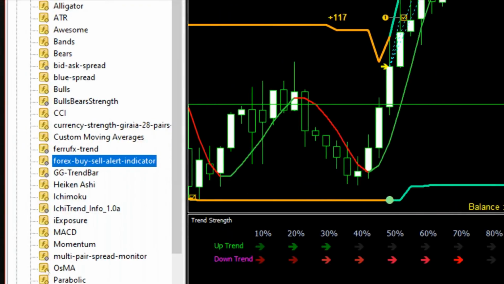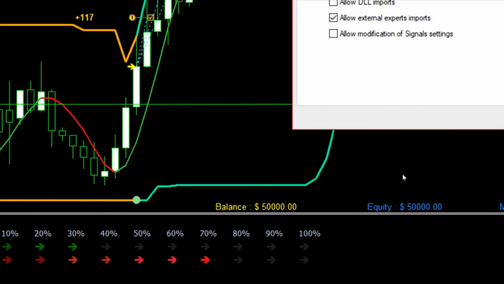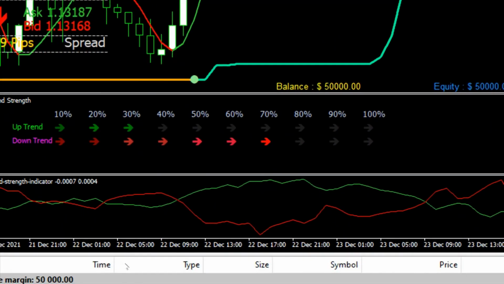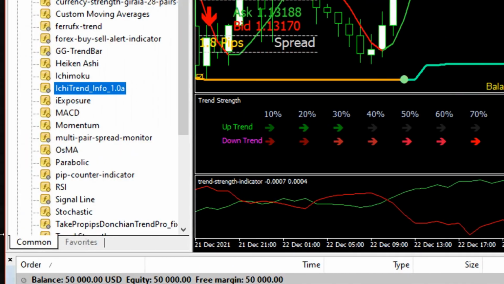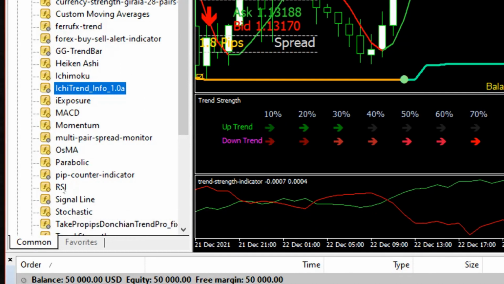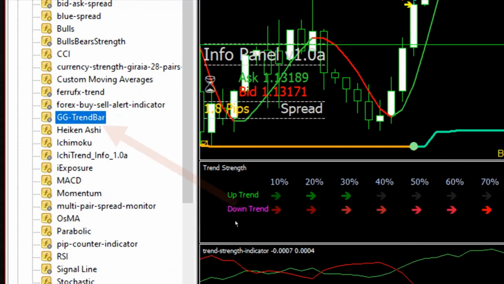And then the next one, I forget what the next one is. Next one is this one. This has got a funny name actually. Itchy trend. It's got a funny name like that one. Okay, that, and then the next one is the GG trend bar, which is going to replace the top one. Here we are, and drag that across